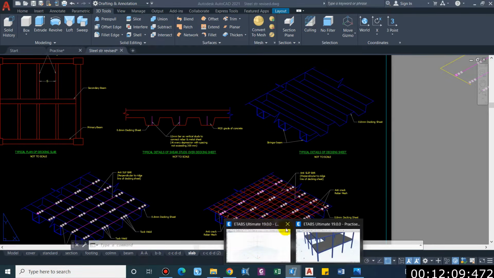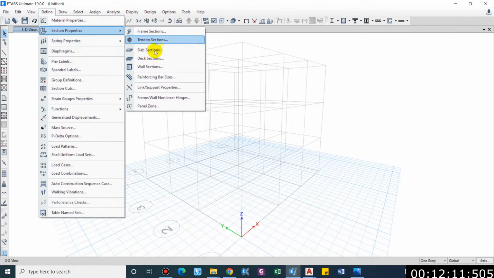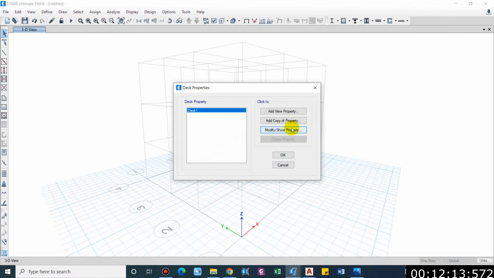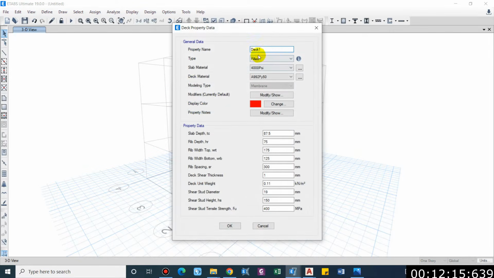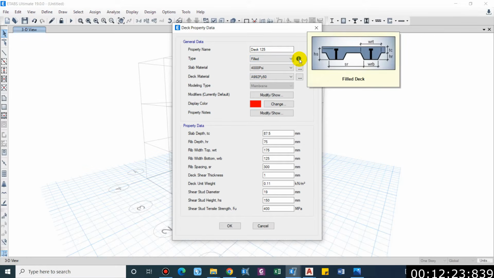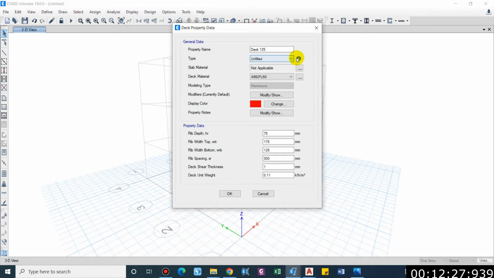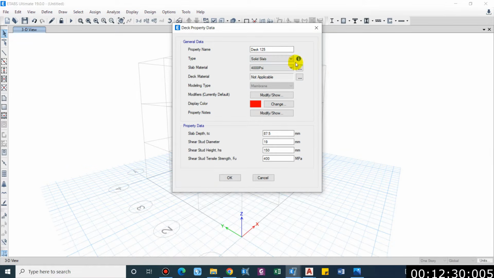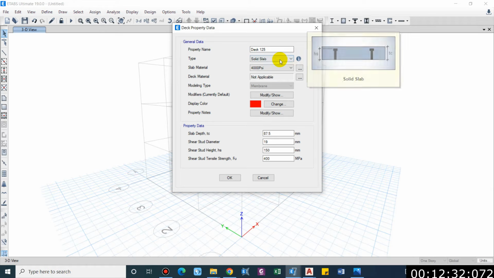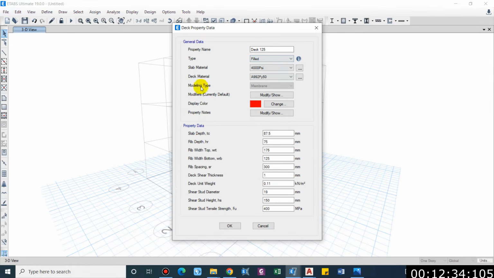Now let us define it. Firstly, let us define the deck sections over here and just modify this. So deck 125, and we have type as filled, unfilled and solid slab. And to understand, you can simply place the cursor over I, and you can see this is the filled deck, this is the unfilled one, and finally we have solid slab here, and all of these have modeling type as